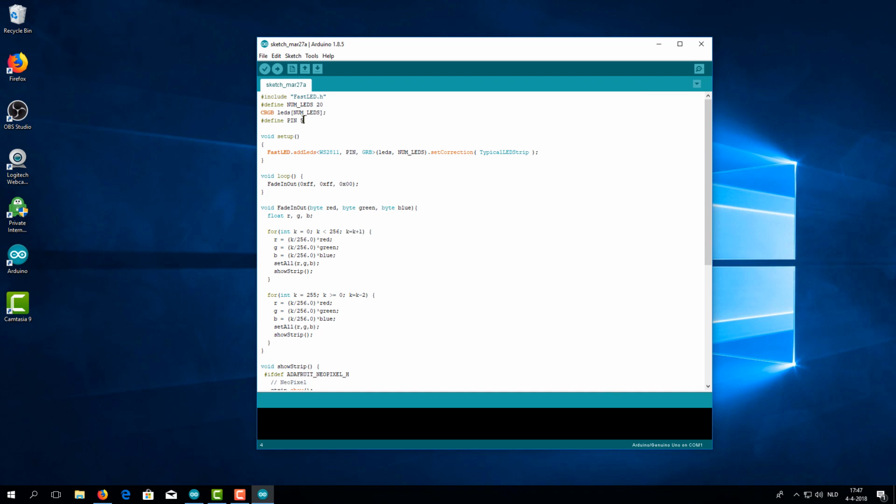to send out the signal to the RGB LED strip. Now this can be 2 up until 12 on the Nano, so take your pick. Then void setup, it's best that you do not add anything to here, and this is where the fun begins